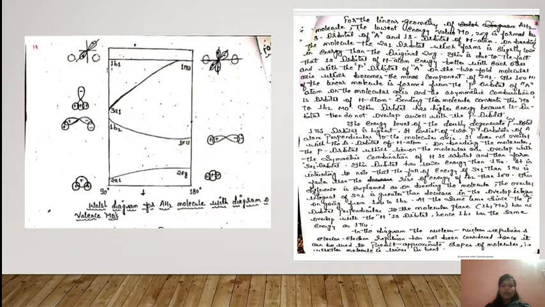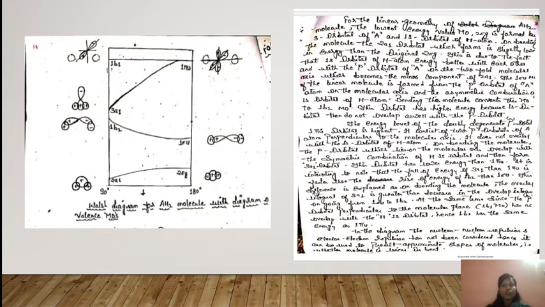Let's take an example of the AH2 molecule. As I have already told, it is a triatomic molecule. We are talking about two types of geometry, that is bent geometry and linear geometry. When the molecule has an angle of 180 degrees, it is linear, and when it is 90 degrees, it is bent. It is already understood.